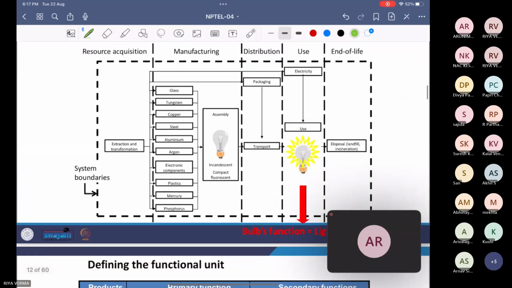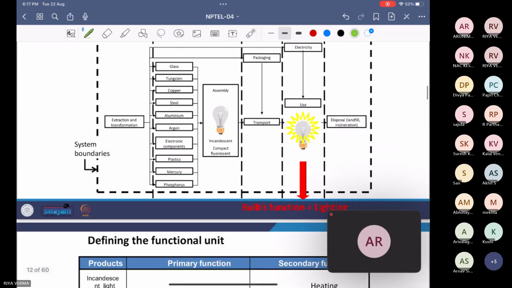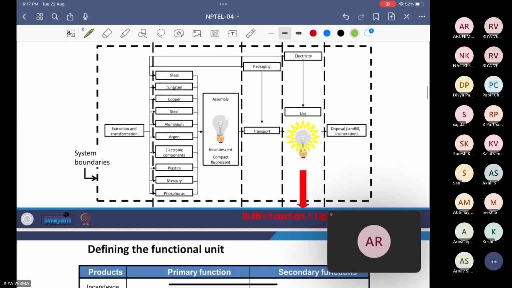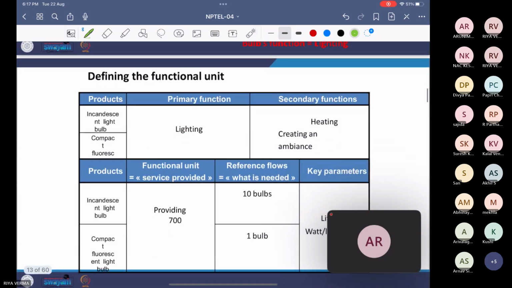So again, the life cycle of a light bulb, all of us know very well. I've discussed this slide clearly. Now, defining the functional unit. For both the units that we have, that is the incandescent light bulb and the compact fluorescent bulb, CFL, the primary function is lighting. What we need to get from those two products is light. So the primary function is lighting,